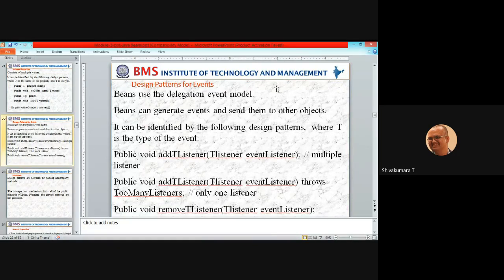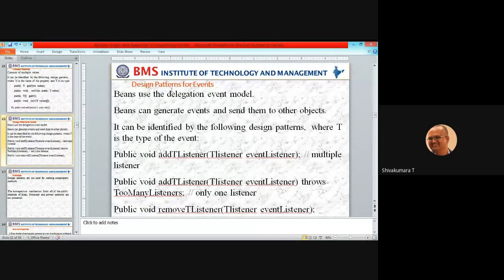There is a source and there is a destination object. One is going to generate the event, another is going to listen to the event. The source of generation is the event generator. Then the one listening to that source is called the event listener, right? Both those objects must mutually register or understand each other.